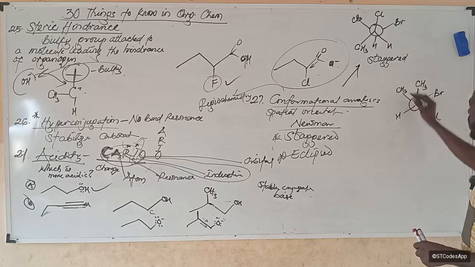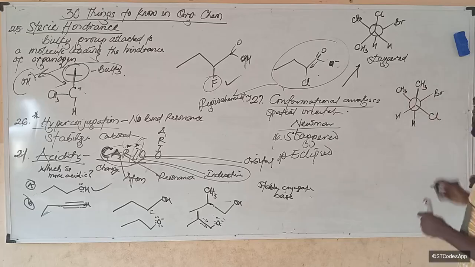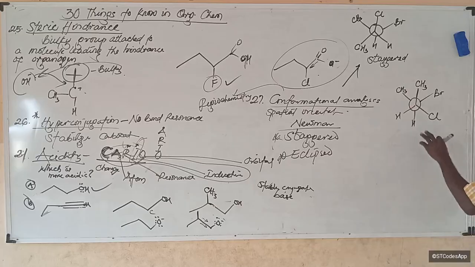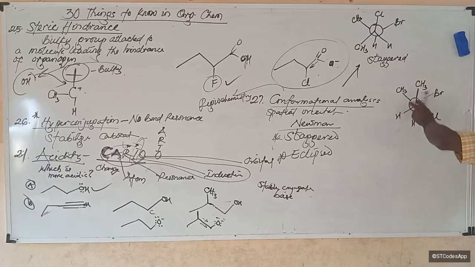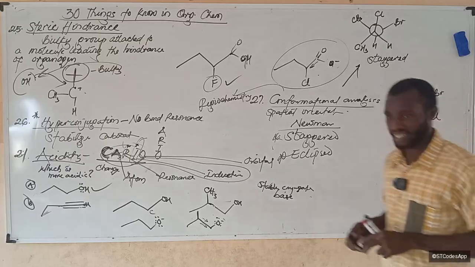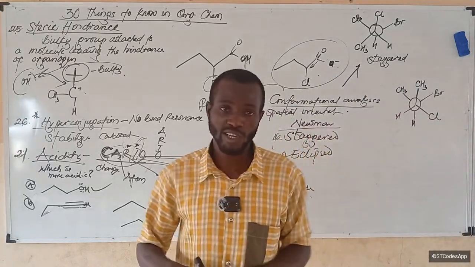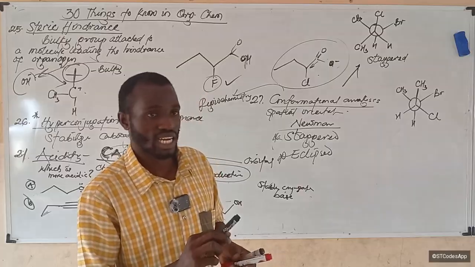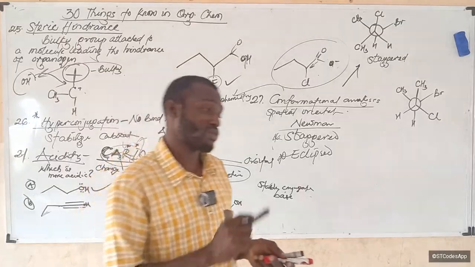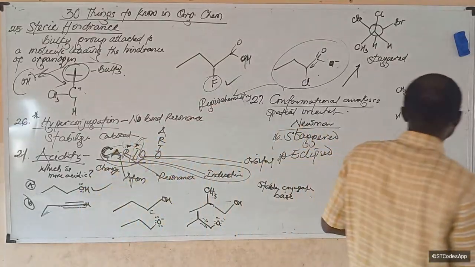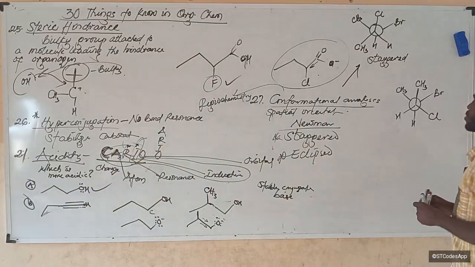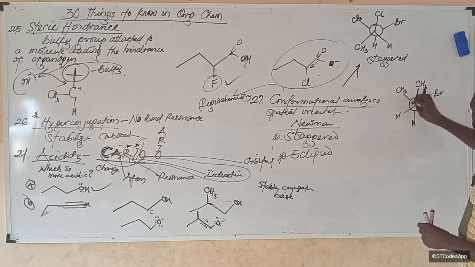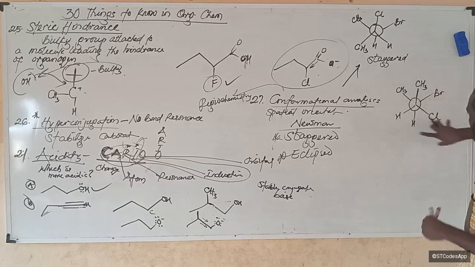But this time, look at this now. I'll be rotating the guy at the back, this bond at the back. Keep in mind that that's another thing of sp3 hybridization. It leads to sigma bonds that can allow for free rotation. So the bond can be rotated. So since the bond can be rotated, we are going to rotate it. Now this conformation you are seeing here,